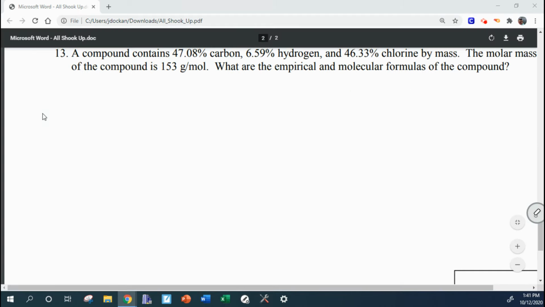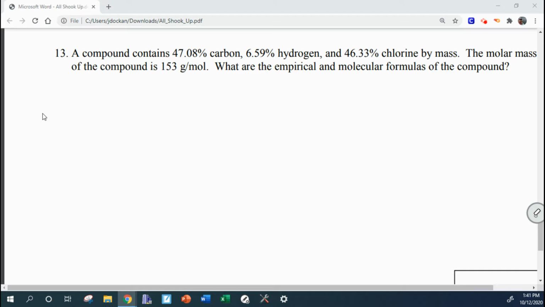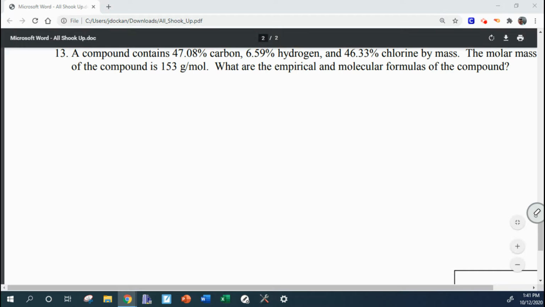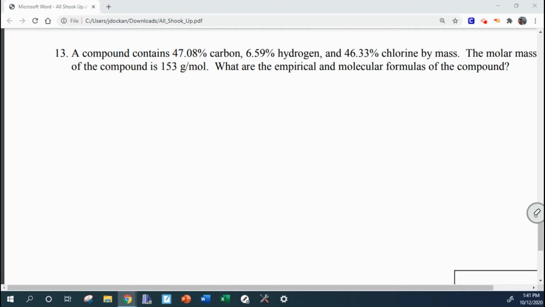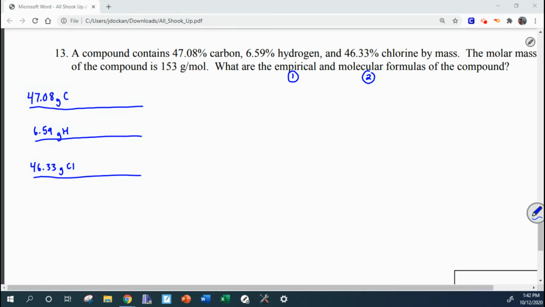And last but not least is going to be question number 13. A compound contains 47.08% carbon, 6.59% hydrogen, 46.33% chlorine by mass. The molar mass is 153 grams per mole. What are the empirical and molecular formulas? So this is going to be identical to the problem above. We have two parts, empirical and molecular. 47.08 grams of carbon, percent to mass, 6.59 grams of hydrogen, 46.33 grams of chlorine. Percent to mass, mass to moles,